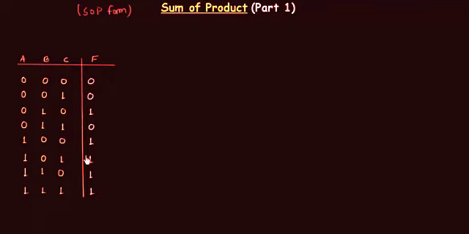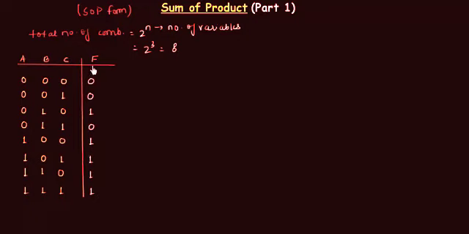You can see one truth table in front of you in which there are three variables A, B, and C. And you already know, if you want to find out the total number of combinations, then it is equal to 2 to the power n, where n is the number of variables, and here the number of variables are 3. So definitely 2 to the power 3 will give us 8. So there are in total 8 possible combinations, and I have already written these 8 combinations starting from 0 0 0 all the way to 1 1 1.